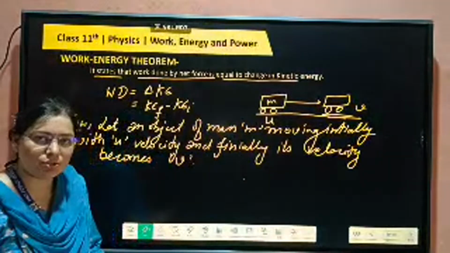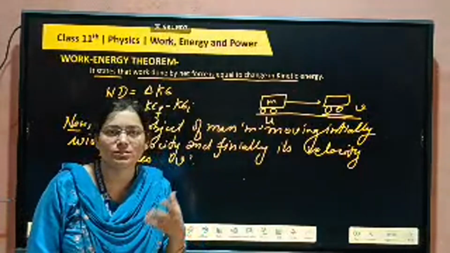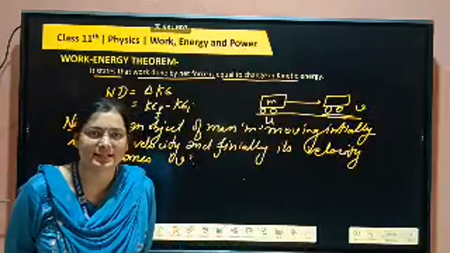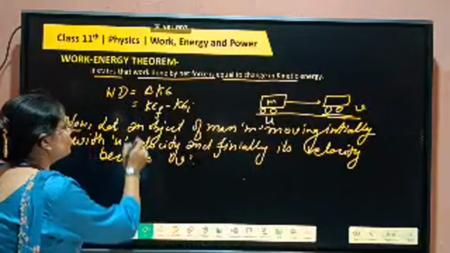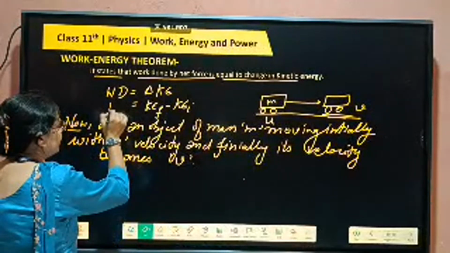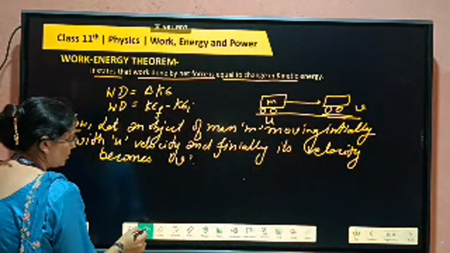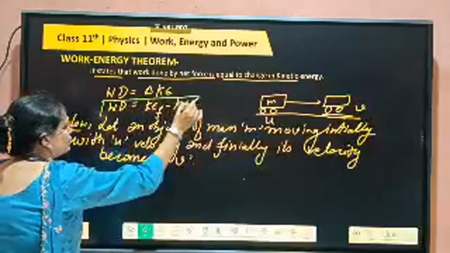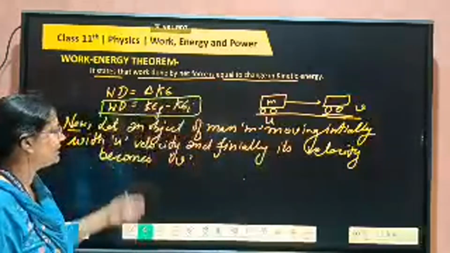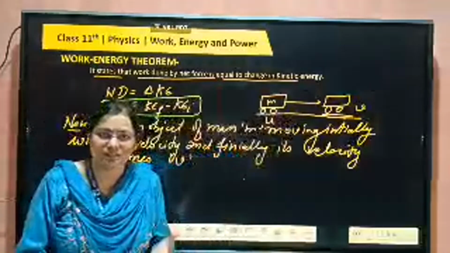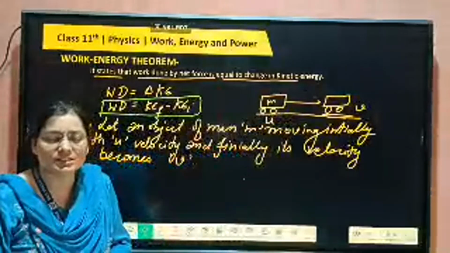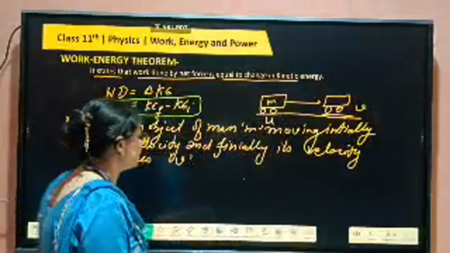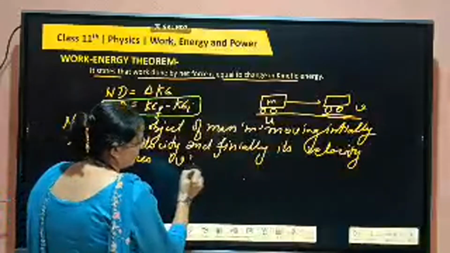Okay, beta, we will use the same method as we used there to find the kinetic energy. Here also we will use the same method to derive the work energy theorem. How can you derive this? Work done equals change in kinetic energy. हम यहाँ से यहाँ तक का वर्क फाइंड करेंगे और वो वर्क किसके इक्वल आएगा, चेंज इन काइनेटिक एनर्जी से. Okay, so here we are taking